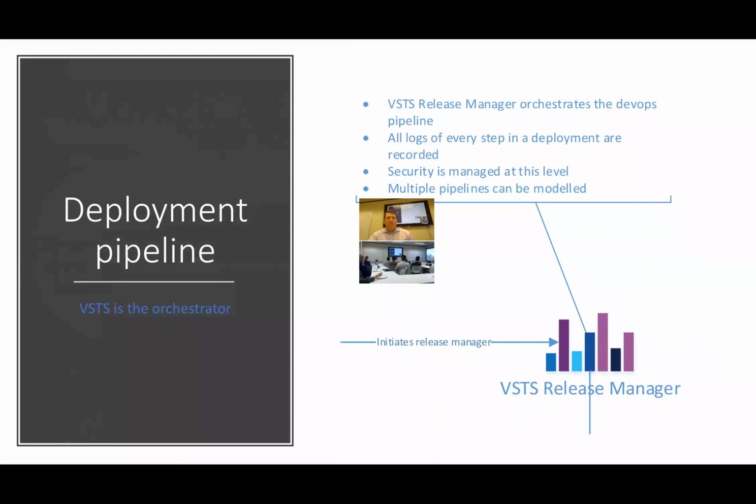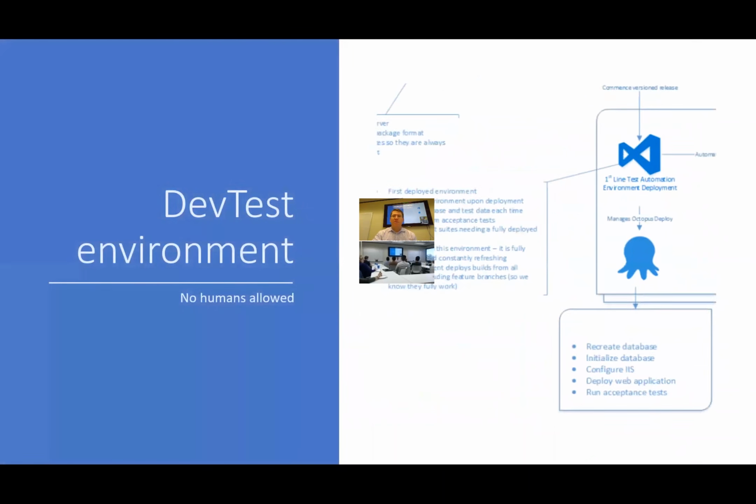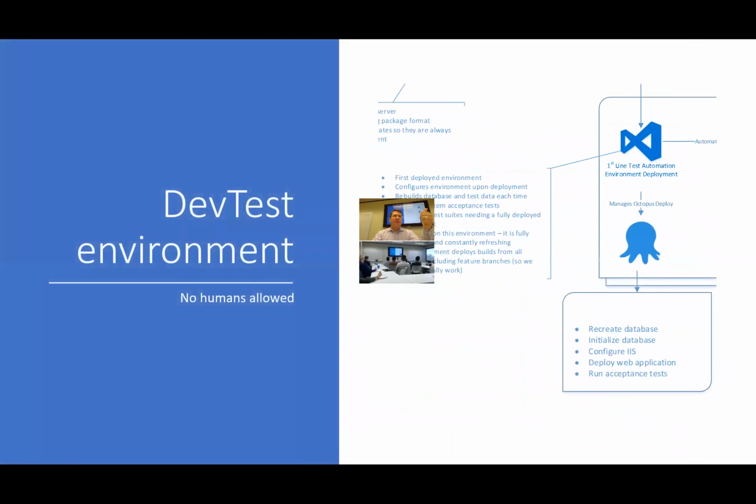Okay, VSTS Release Manager orchestrates our deployments. And there's 3 different levels in the smallest of small. There's your dev test environment, your UAT or staging, and production. There's 3 environments. You'll never get fewer than 3, and I'll go into each one, but oftentimes you'll have more